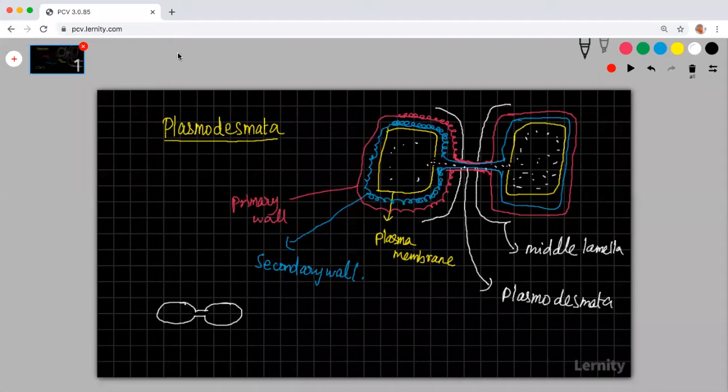They are asking how many such possibilities are there. It is something like a conjugation tube, but it is not completely open. There might be some proteins which will be blocking. So if there is some substance to be transported, it can move from cell to cell through the plasmodesmata. Water flow will be there.